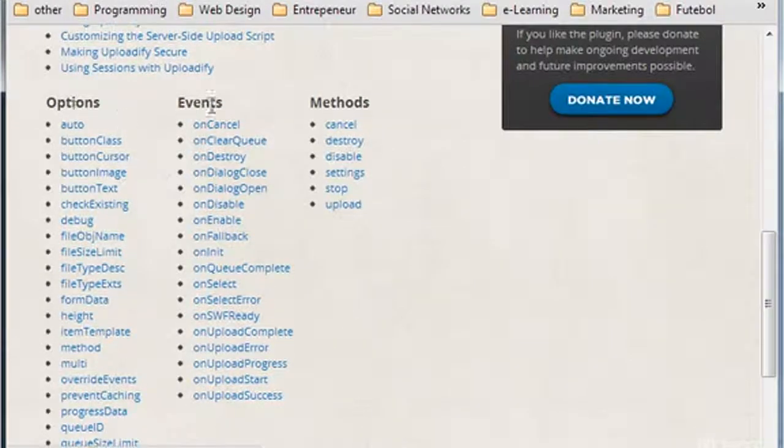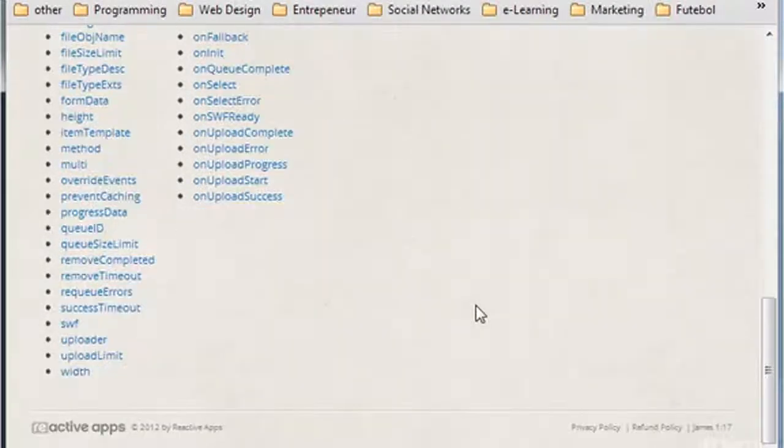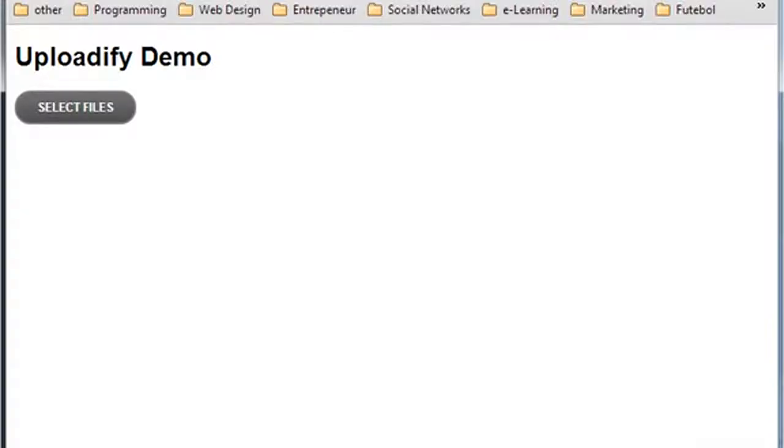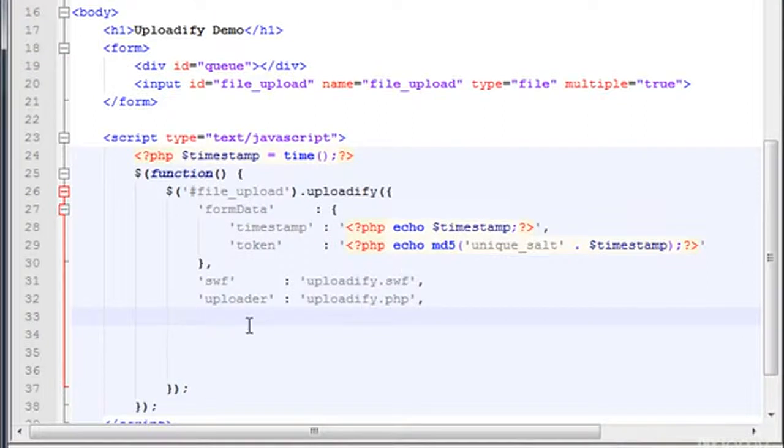Here you have options, events, and methods. Okay, so I'm going to use just a few of them for you to see how to use and implement them in here. For now we have just a call for Uploadify SWF and the uploader script, which is in the PHP file. Now in here you can start putting, let's say for example,